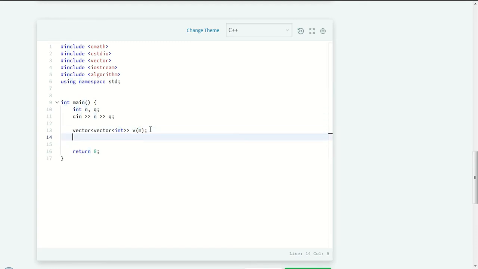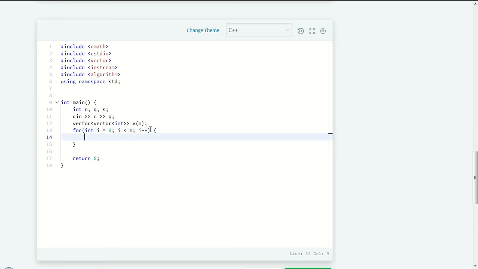Now it's time to read all the data from the user. For the first data, I'm going to add one variable s, which will hold the size. Before that, I need to loop through, because we have a certain number of inputs from the user. What is the limit? The limit is n, then i++.